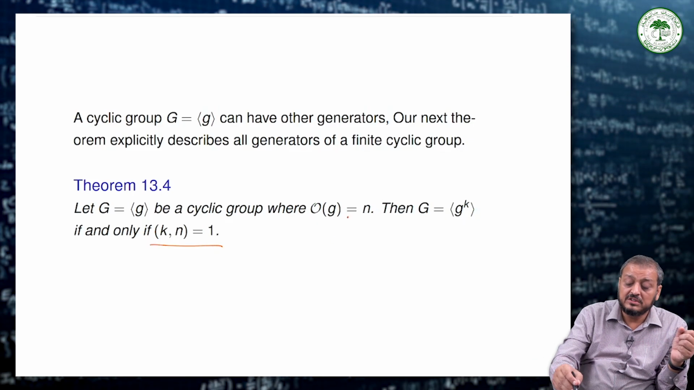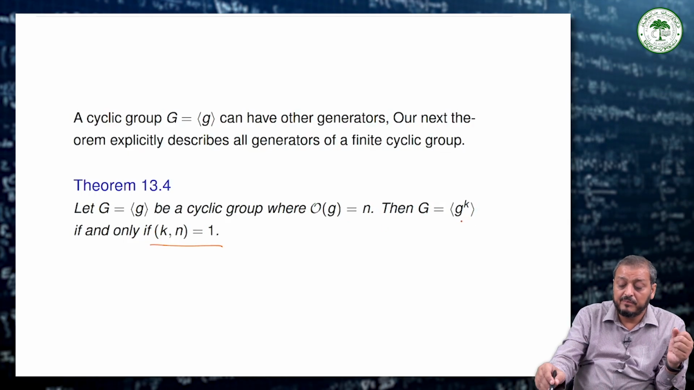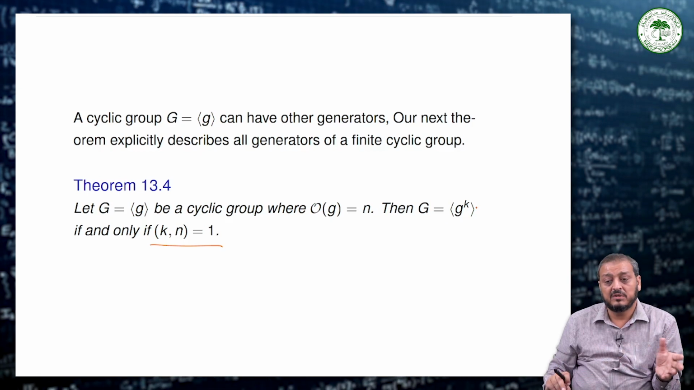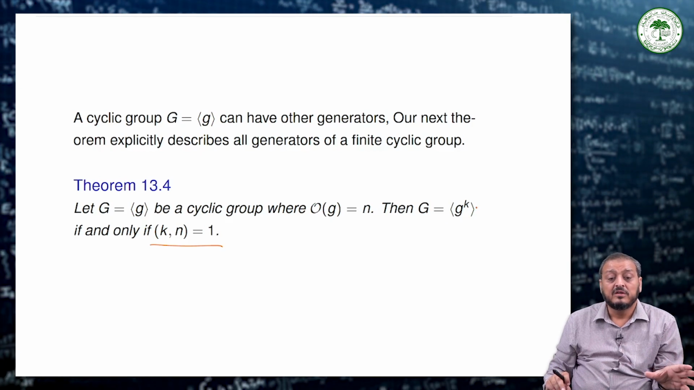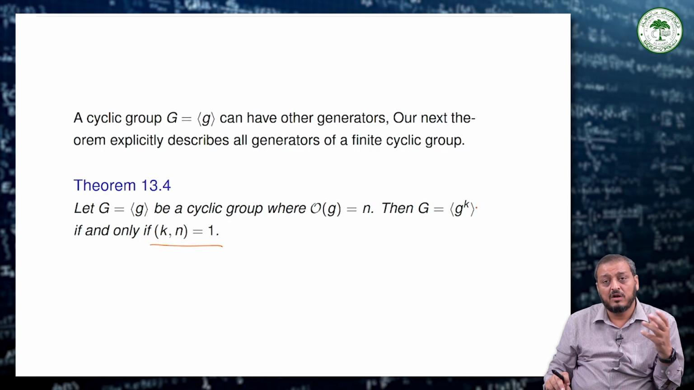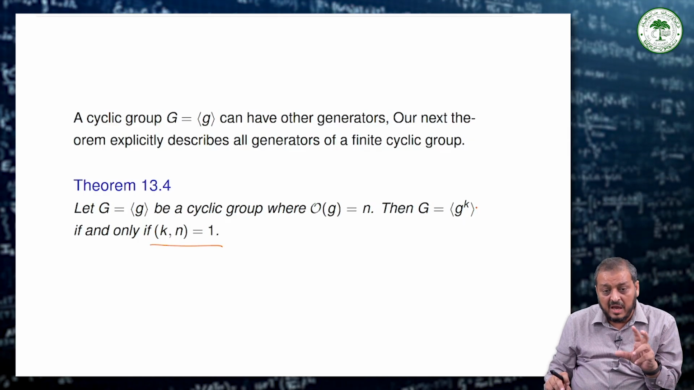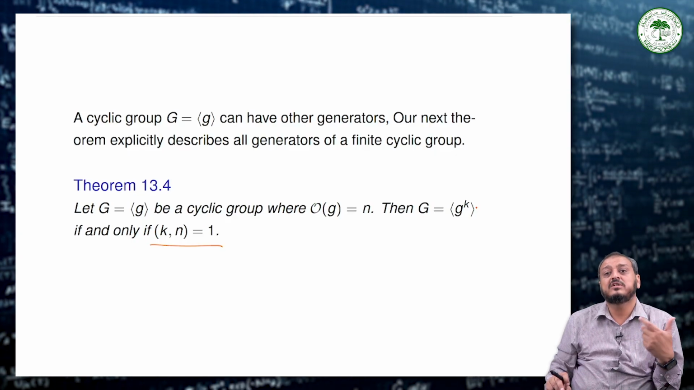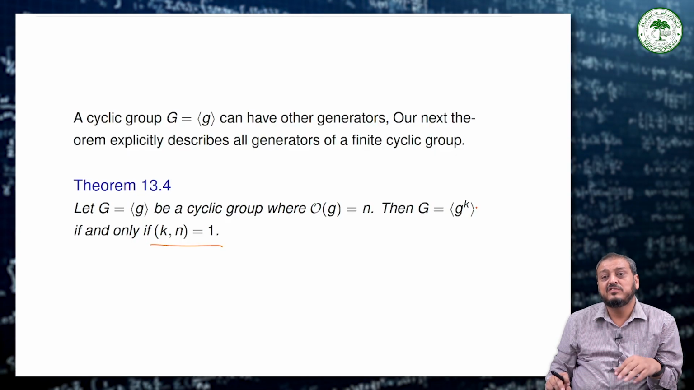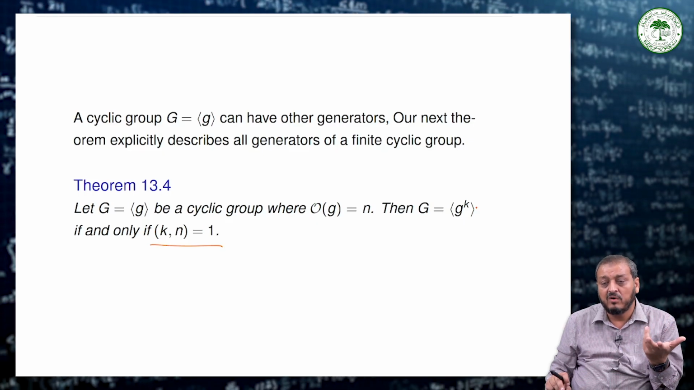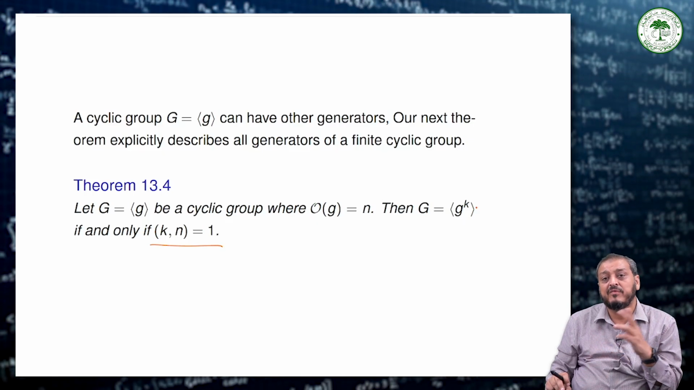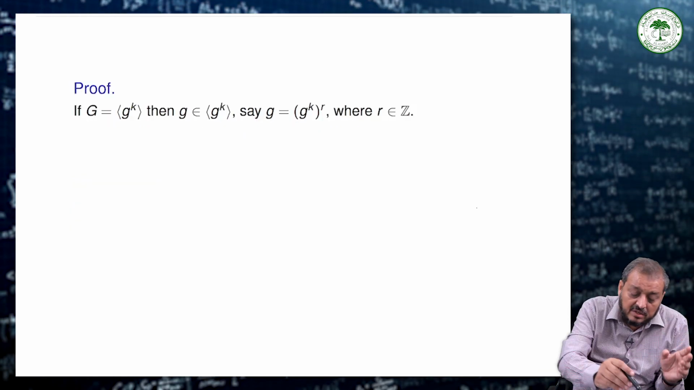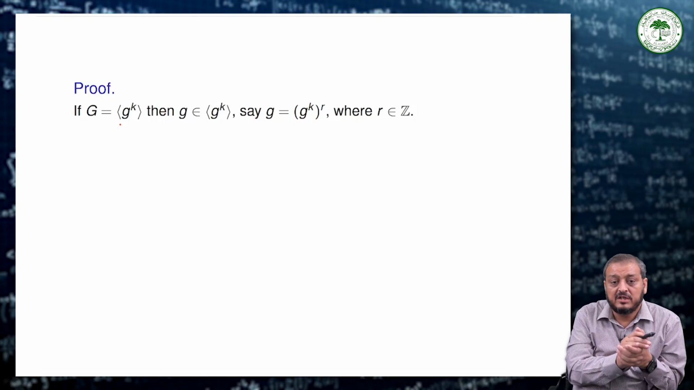So, if the order of g is equal to n and k and n are relatively prime, then we can say that G can be generated by g to the power k also. If G can be generated by g to the power k, then the only possibility is that k is relatively prime to the order of g. So the proof: let G be equal to generated by g to the power